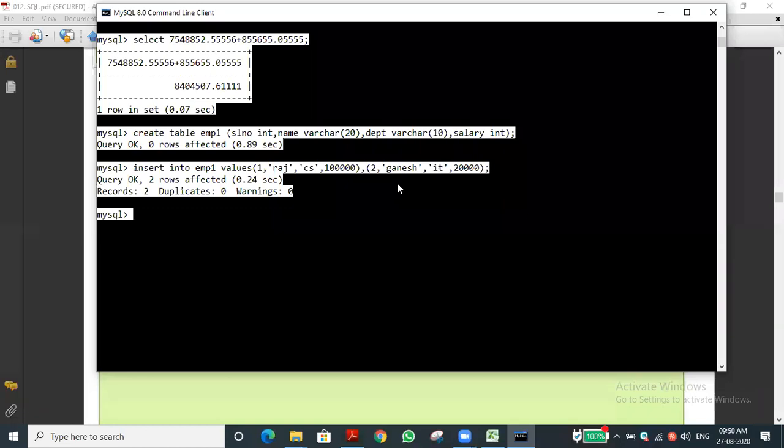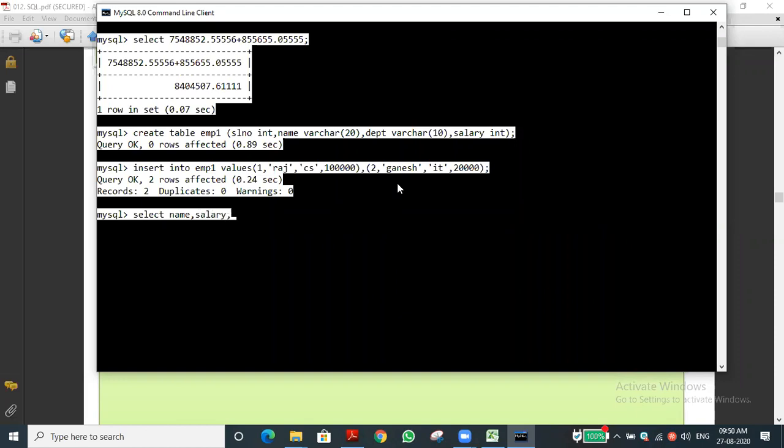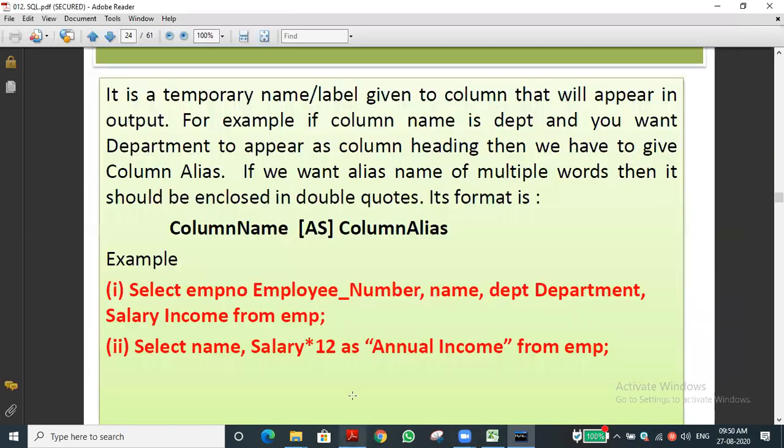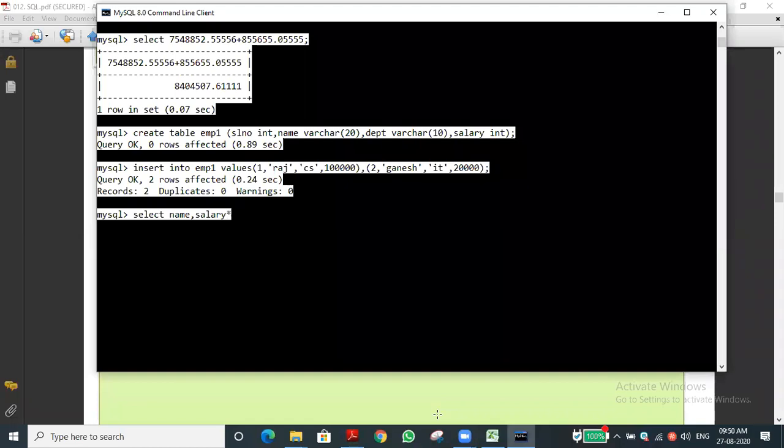Now we need to display the calculated salary. Let me do it. Select name, comma, salary, comma, then salary into 12, for example, if you want to calculate for 12 months. This is the alias name.